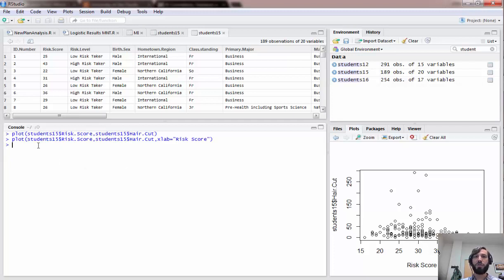So if we actually want to quantify the strength of the relationship between two variables, we can compute the correlation coefficient, which in R is just the command cor. Students15$hair.cut. And we can see that there is a slight negative correlation, but really almost no correlation between these two